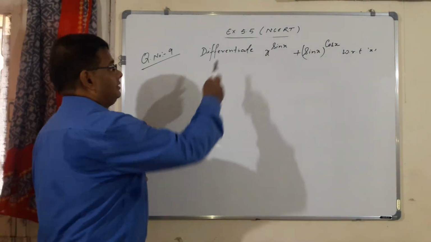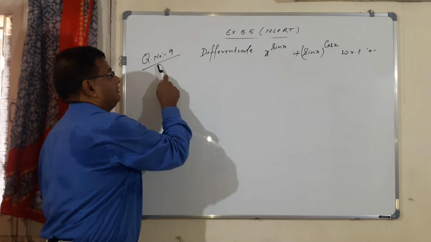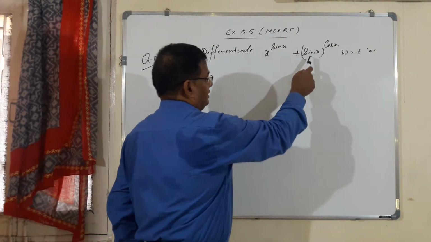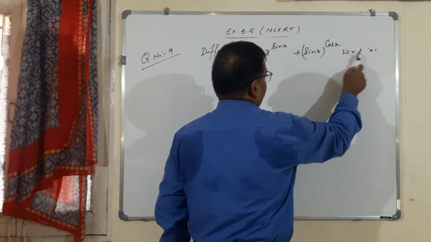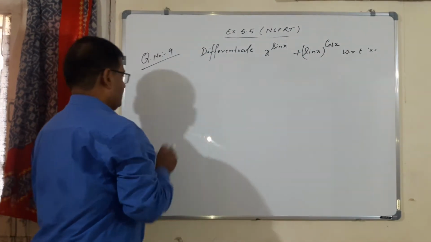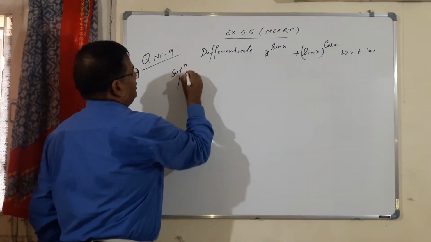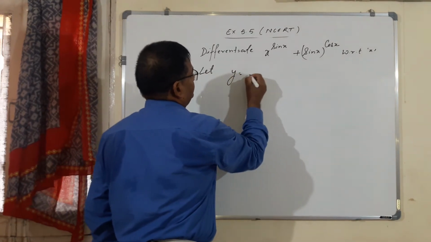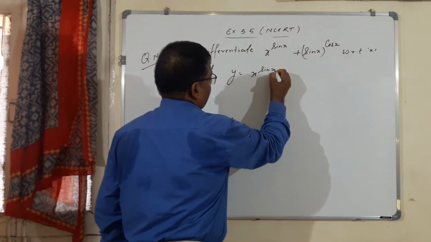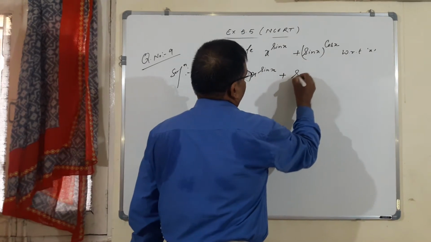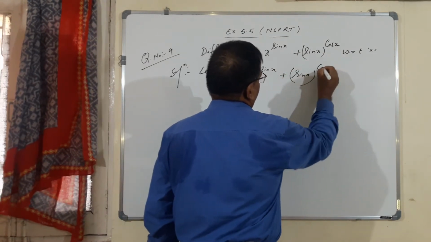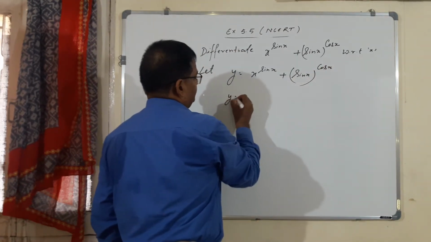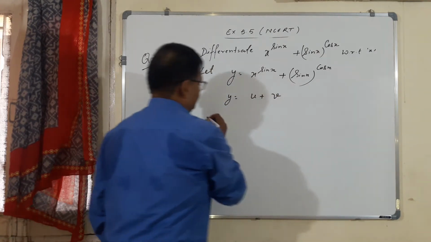Here, NCERT exercise 5.5, question number 9: differentiate x raised to the power sin x plus sin x raised to the power cos x with respect to x. Let y is equal to x raised to the power sin x plus sin x raised to the power cos x. So y is equal to u plus v, where